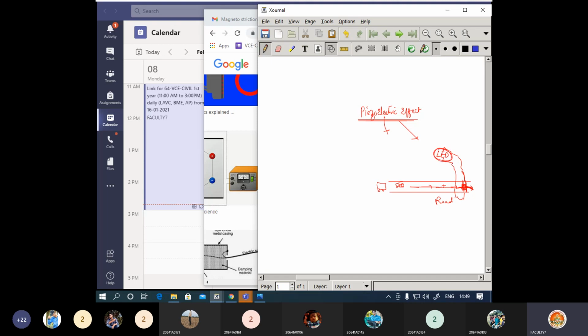Okay, so now here, without any external power supply, just by the movement of the vehicles, you are going to create the electricity, and you are going to apply this particular thing to the street lights. Okay, you can connect these LEDs to street lights here. Okay, so even though if you are not generating any power externally, even in the remote areas, if you want to generate the electricity, this is one of the important concepts that you are going to utilize.